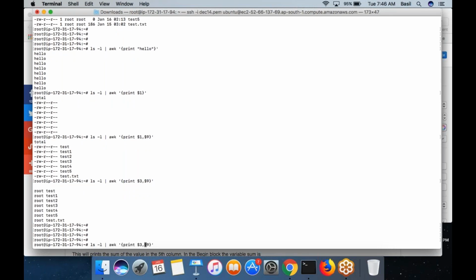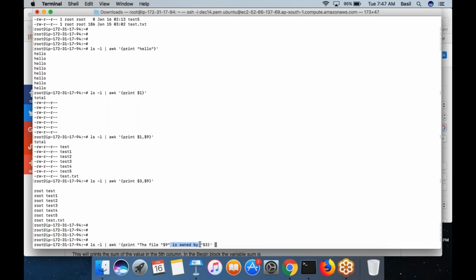Or you can even put something like this: the file $9. So these things you need to put in double quotes. If you want to print any string, you need to put it in double quotes. So I'm putting something like this: file $9 is owned by, then I put $3. I can do these things also. Basically, if you want any string to be printed along, you can put it in double quotes.